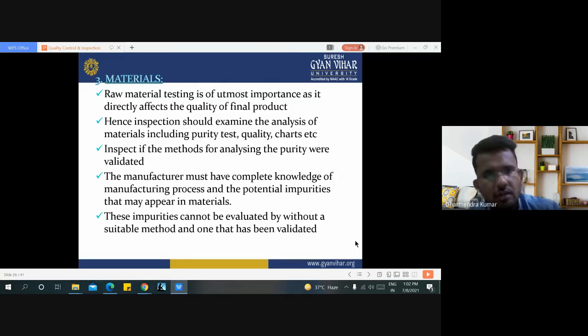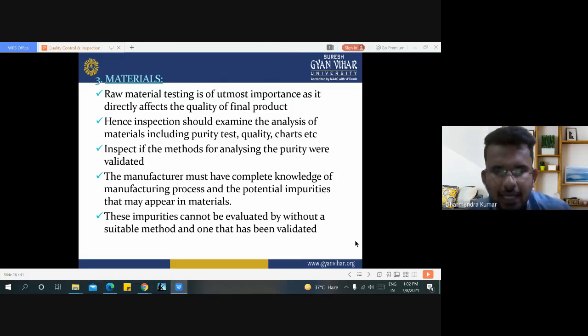The manufacturer must have complete knowledge about the manufacturing process and the potential impurities that may appear in raw materials. These impurities cannot be evaluated without a suitable method, and one that has been validated.